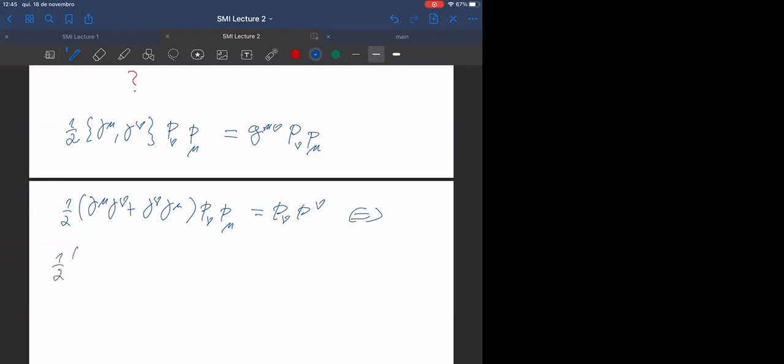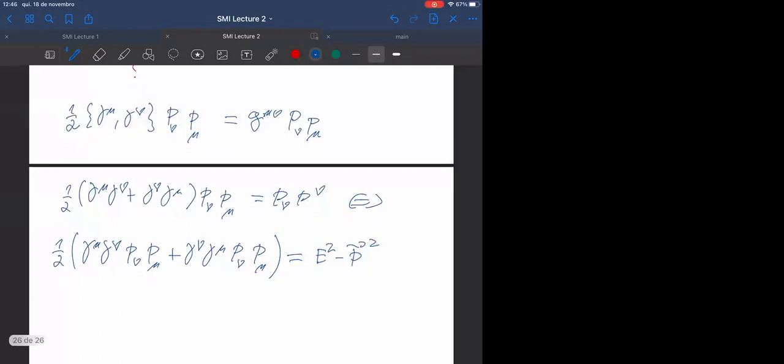and have 1/2 and now gamma nu p mu plus gamma nu p mu equal to e squared minus p squared here, right? Now we have the freedom of commuting the momentum, both momenta. So this is 1/2 gamma nu, and we can put p nu, right? So let me just signal that we are doing this here. Plus gamma mu